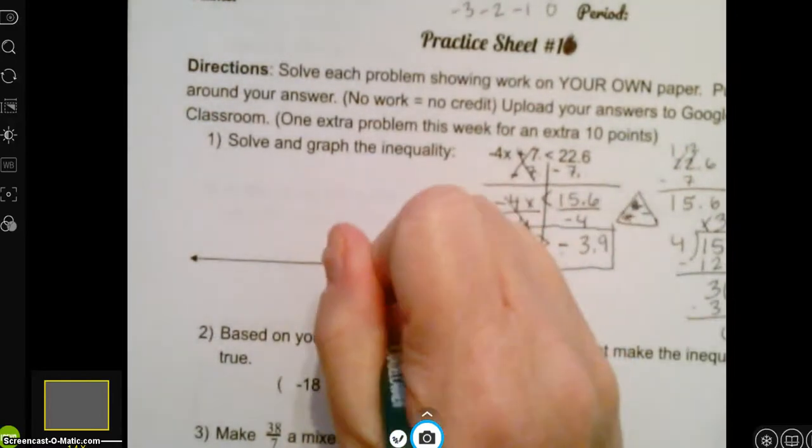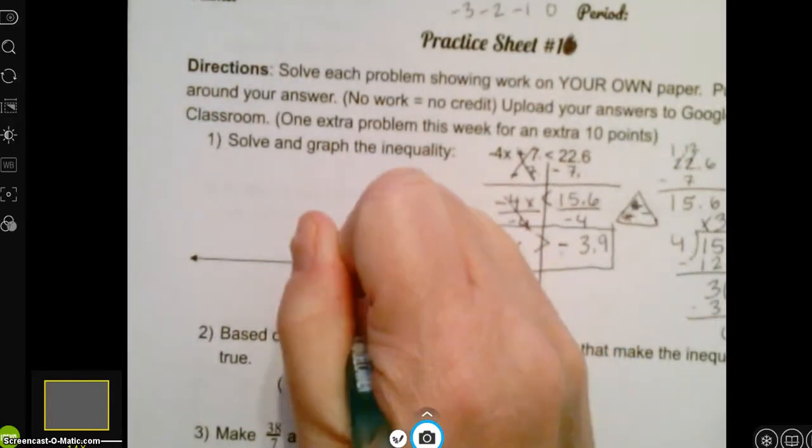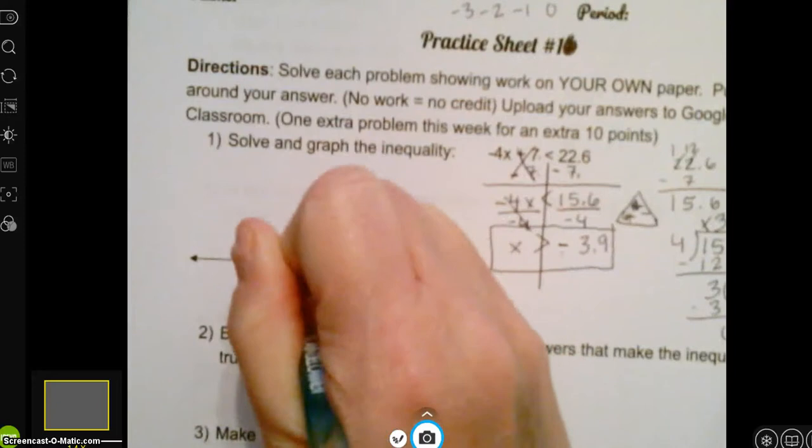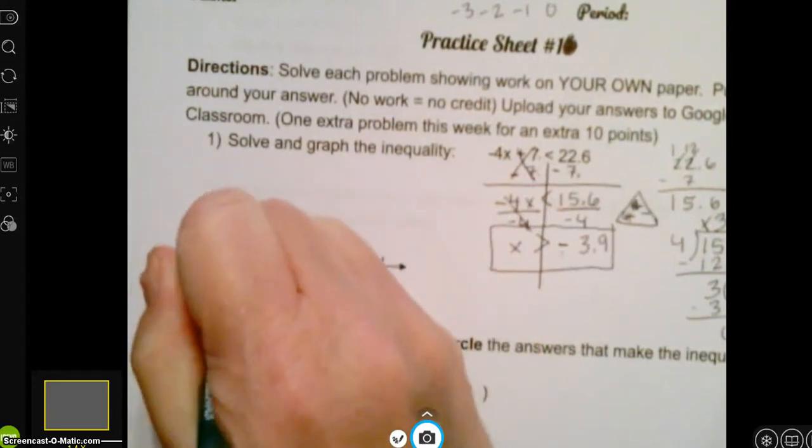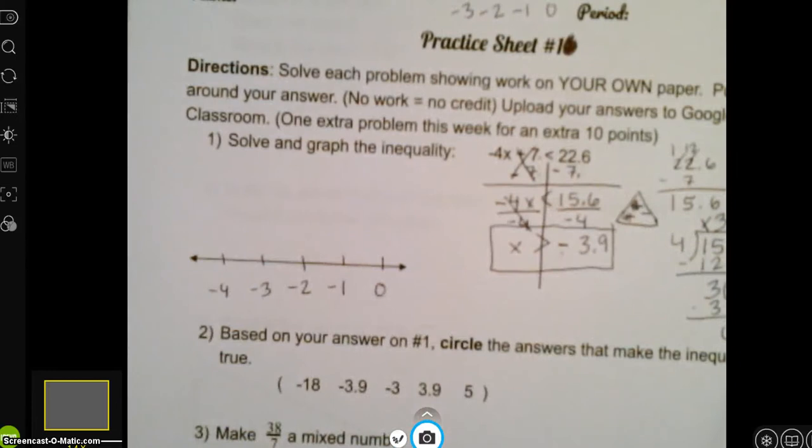So I'm going to put 0, -1, -2, -3, -4. Kind of did this a little off. I normally do it a little different, but my brain is not functioning perfectly these days. Okay, so